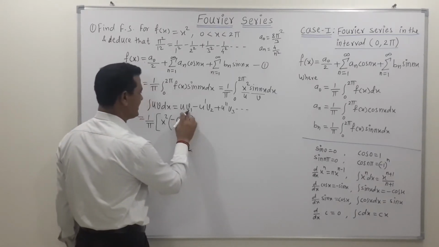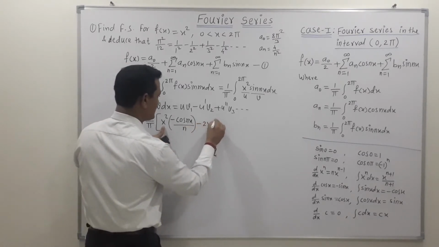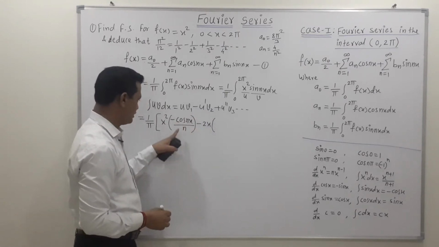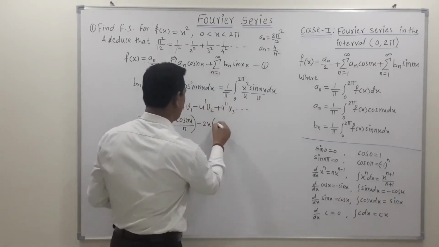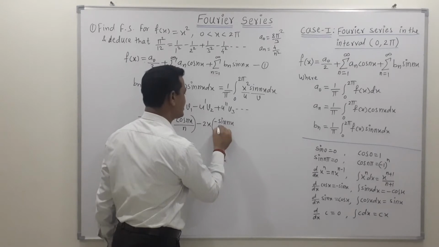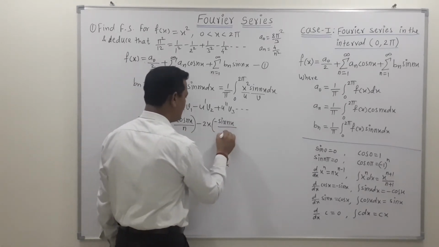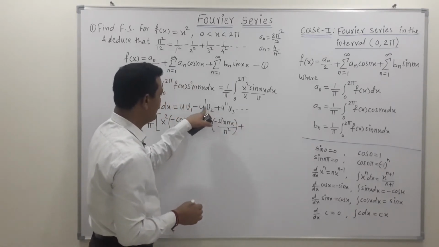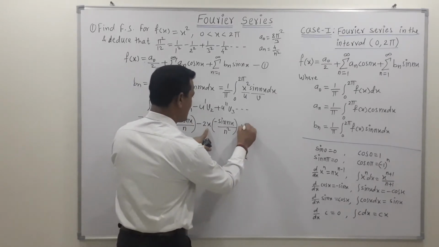So first function into integration of second, minus derivative of the first function. The derivative of this function is 2x. Then v2 means integration of v1. The integration of the cos term, integration of cos is sine. So we can write minus sine of nx upon the derivative of nx, which is n, so n into n becomes n square. Then next is the plus sign, and here it is the second derivative. The derivative of this term is 2.